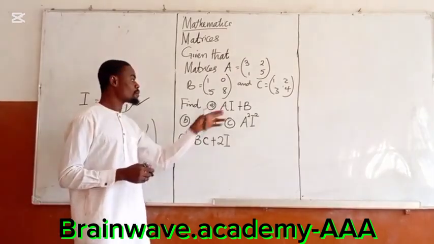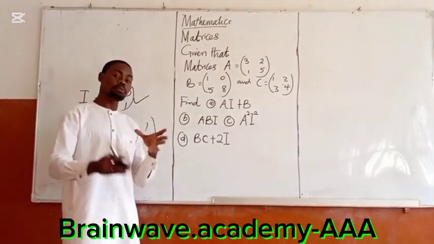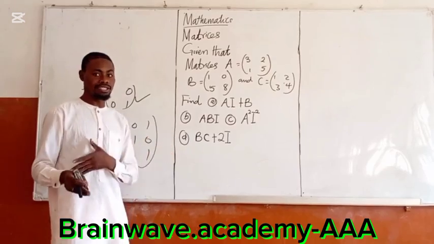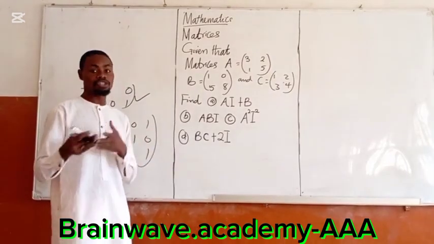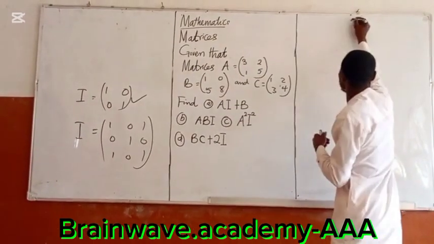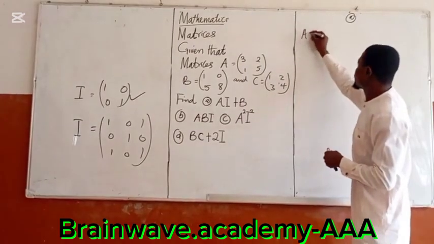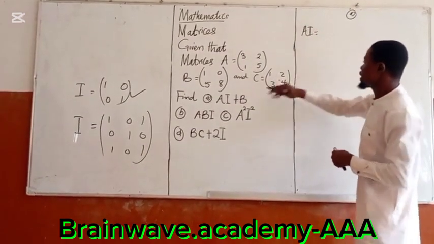Find AI plus B. This is the combination of multiplication and addition. Different multiplication and subtraction is still the same thing. And for A, what I need first is AI. AI is equal to, what is my A? A is 3,